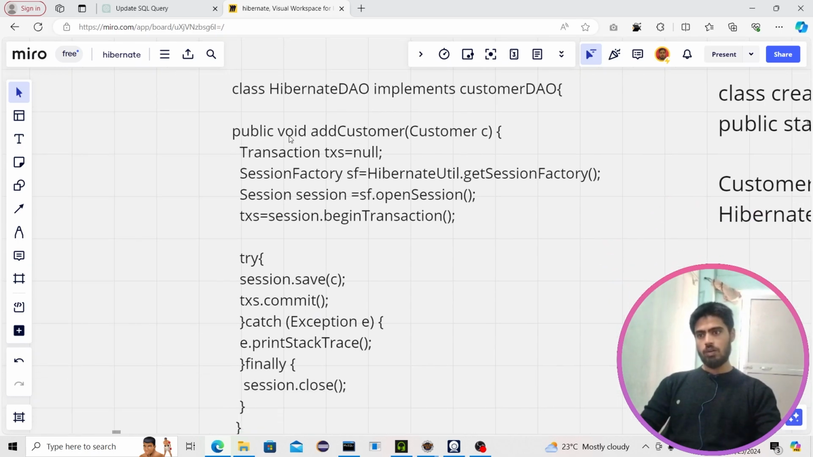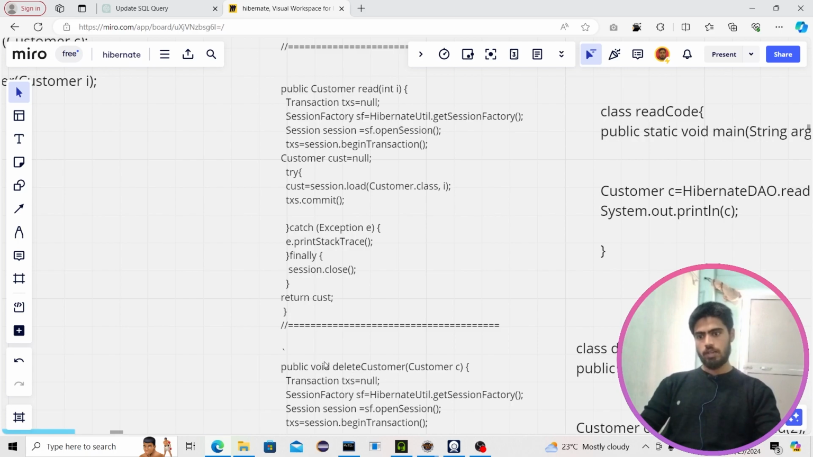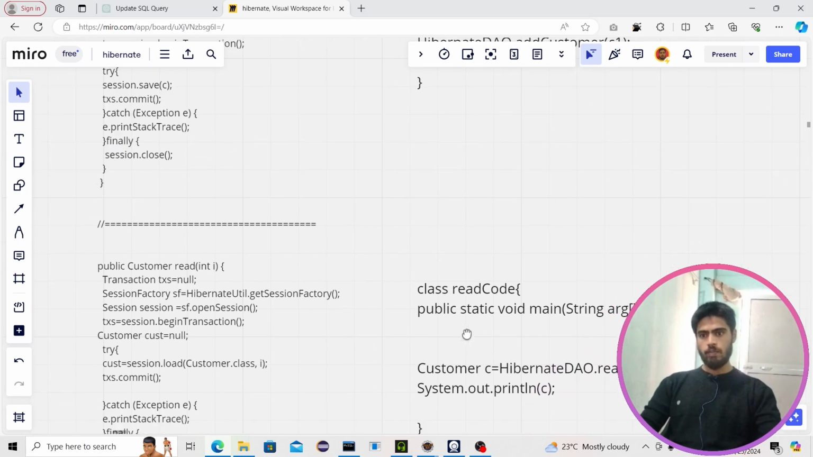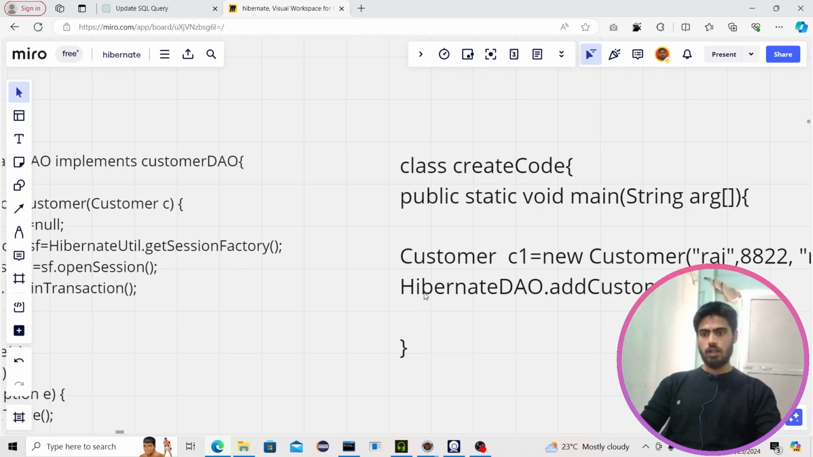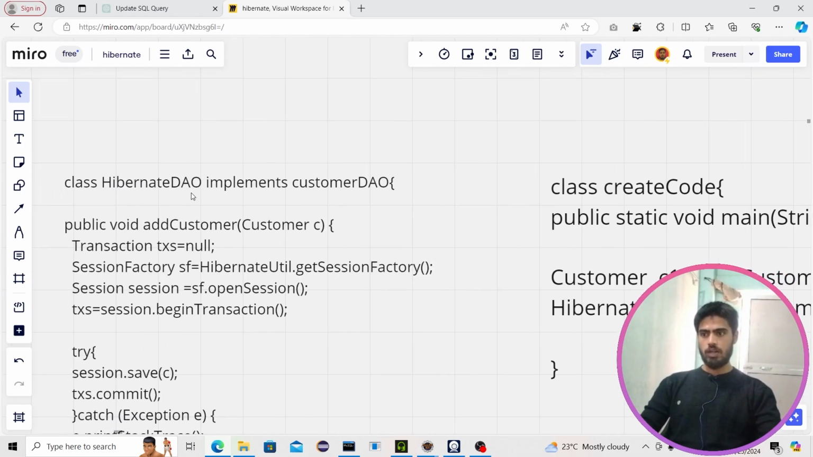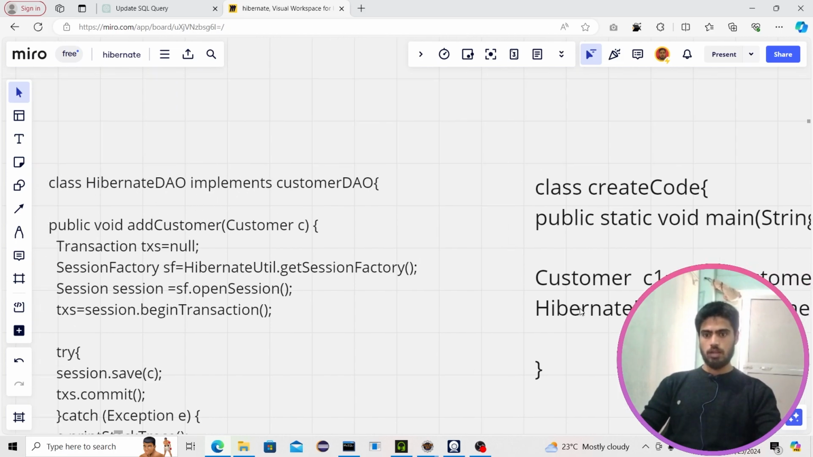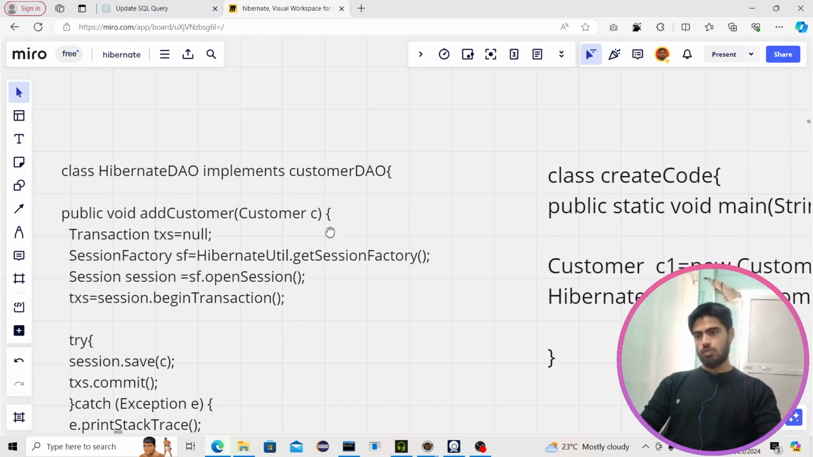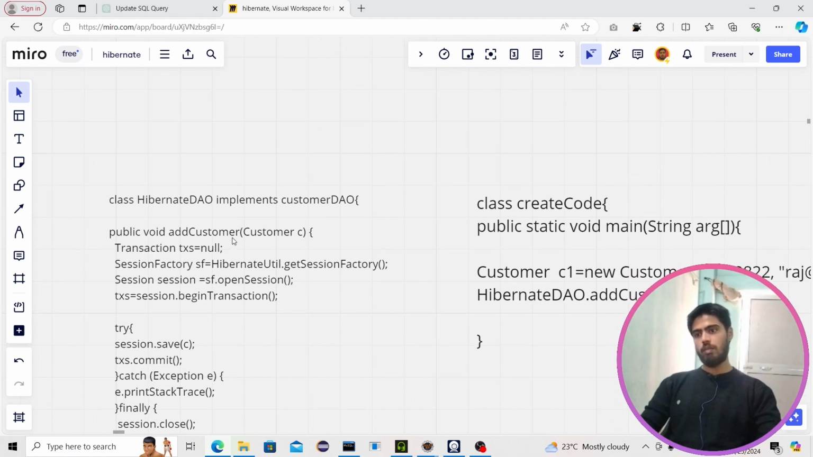But now it is not static. None of these methods are static. Read method is not static. Delete customer is not static. So we will not be able to do Hibernate DAO dot add customer. We cannot call this add customer method with the class name. We cannot do that. So in this case, what we have to do, we have to take the help of